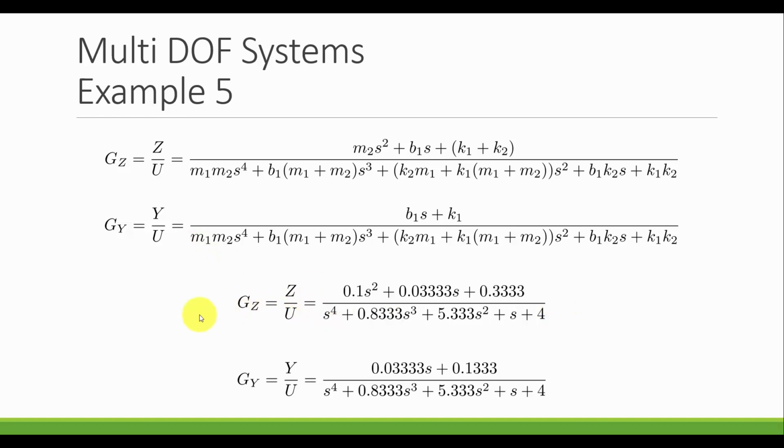Now again, these are 4th order transfer functions. The previous analysis was for 2nd order systems, where we're finding the damping ratio and the one natural frequency. This is 4th order. It will give us two natural frequencies, and we can't come up with a damping ratio really in the same way we did for a 2nd order system. So now that we have our numerical values for these two transfer functions, we can jump into MATLAB and start doing some more of our